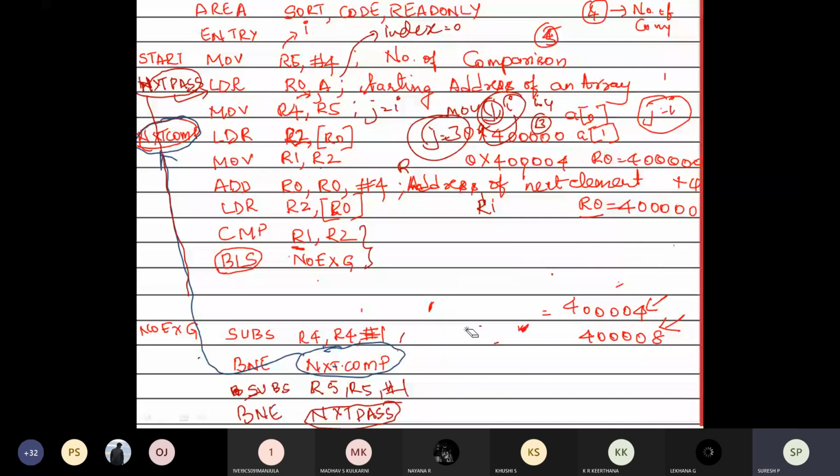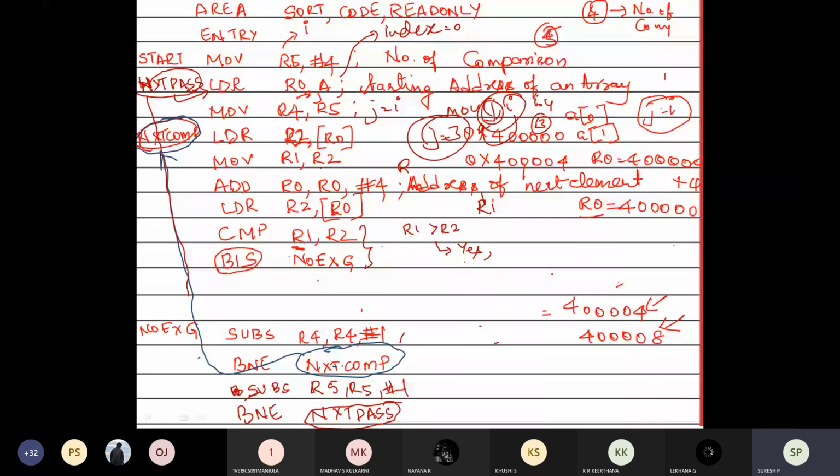So now, for example, you take here. If R1 is greater than R2, what do I need to do when I compared R1 and R2? Assume that the content of R1 is greater than R2.